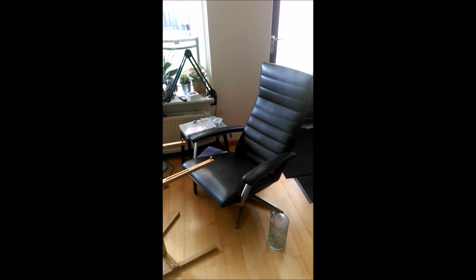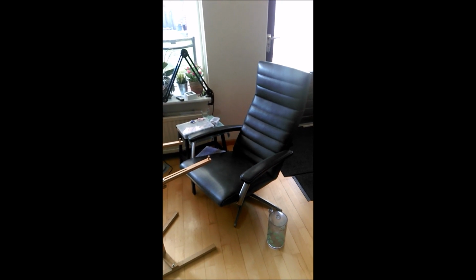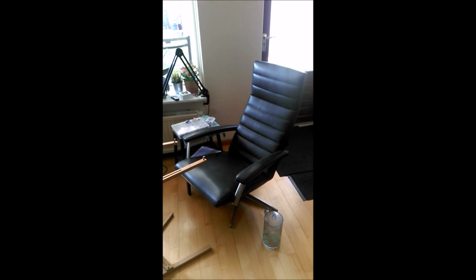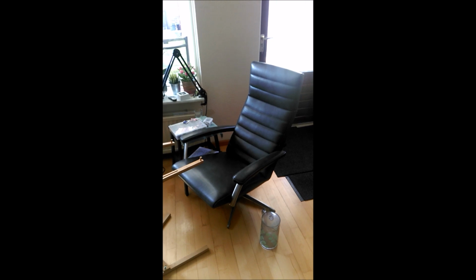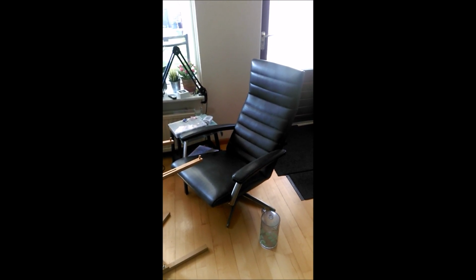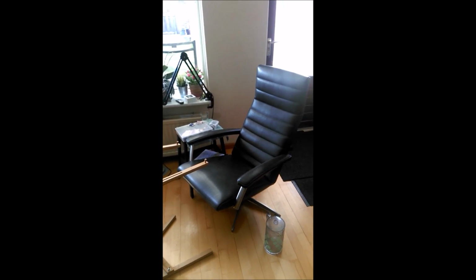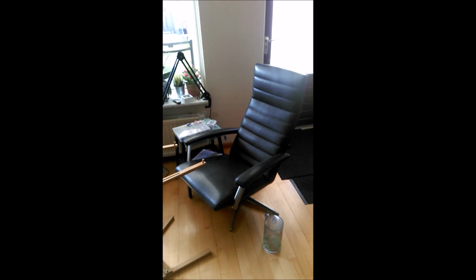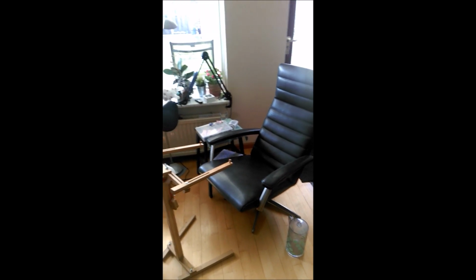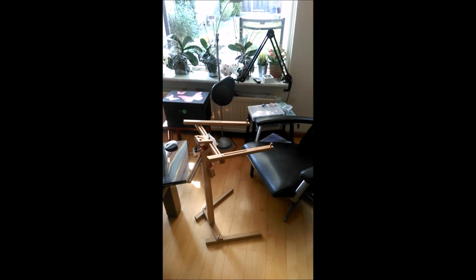Well, this is my stitchy spot. I'm trying to keep you as steady as possible, so I hope nobody is getting seasick. This is a chair that I usually sit in stitching, and it's closest to the window, so that gives me a lot of good light. And you can also see that I use a stand. This is a Stitchmaster stand,